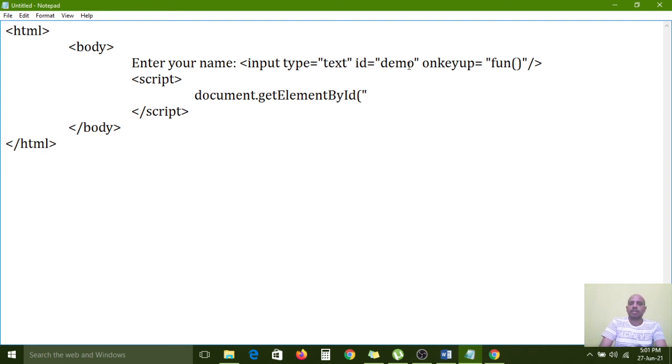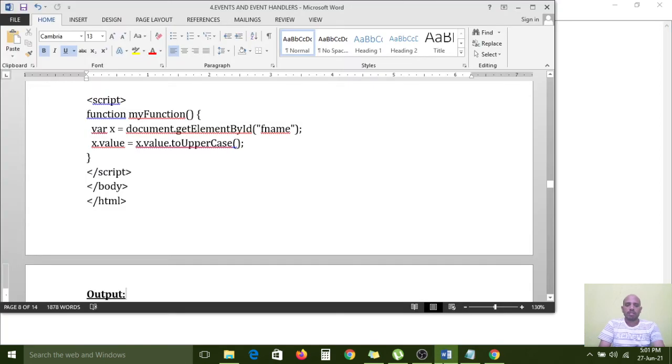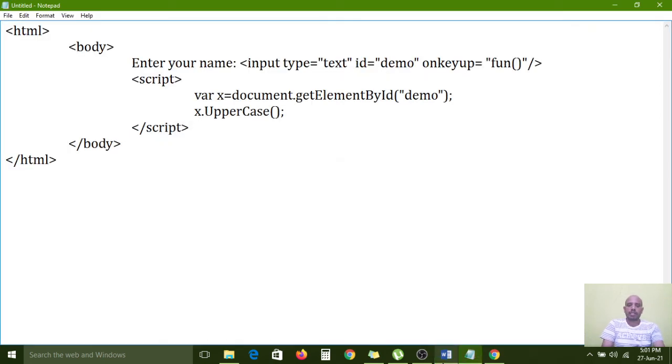The input field ID is demo, so I have configured demo here, semicolon. This complete object I want to store in one variable, x. After that, x.value.toUpperCase, the uppercase function we have to use.